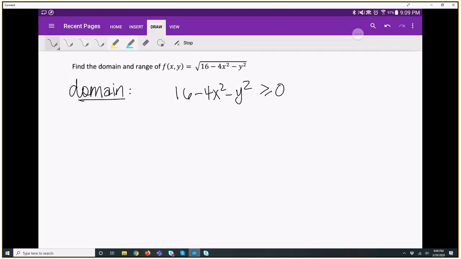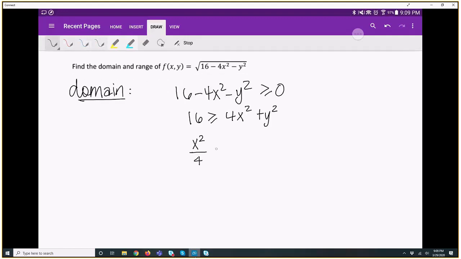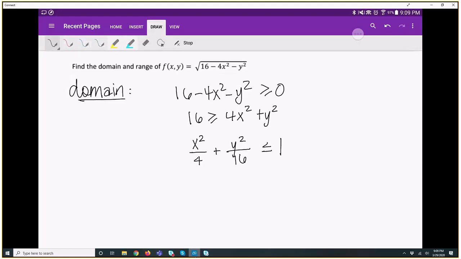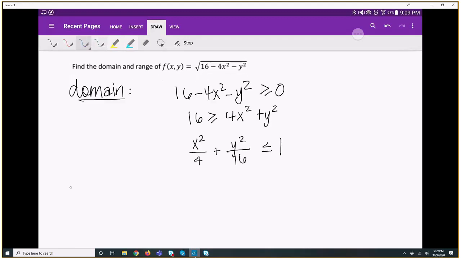And that means that 16 should be greater than or equal to 4x squared plus y squared. And we can move things around a little bit more, and we can say that x squared over 4 plus y squared over 16 is less than or equal to 1, which looks pretty close to the equation for an ellipse, except of course we have less than or equal to. So we're going to say, hence, the domain